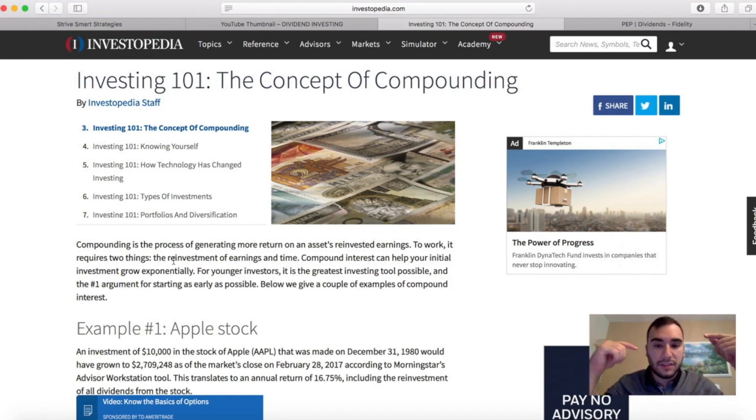So you've got to think about this as a numbers game, right? So for younger investors, or let's hop back here before this. Compound interest can help your initial investment grow exponentially, like I just explained, right? For younger investors, it is the greatest investing tool possible and the number one argument for starting as early as possible. So like I said in the beginning of this video, especially if you're a teenager or in your early